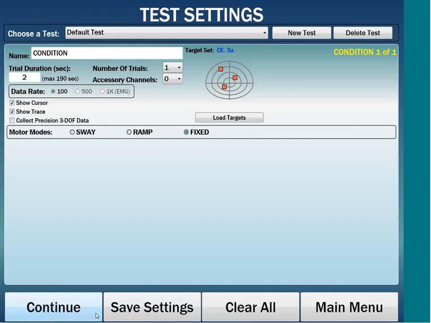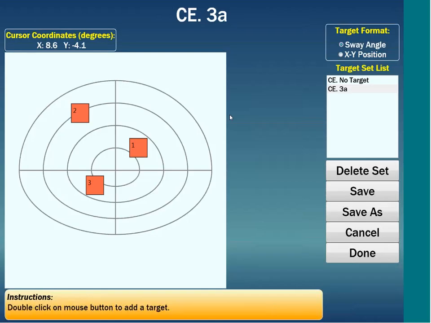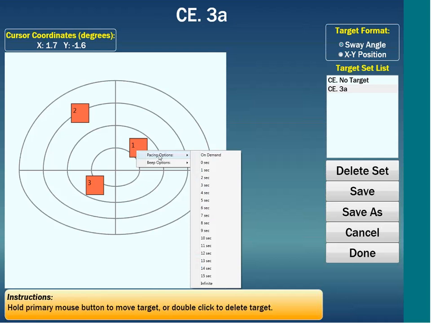So the data software allows creation of targets for use in sway modes and in fixed modes. The targets can be sized and positioned anywhere, and they can be configured to express pacing and beep conditions. So for example, I have created 3 targets. If I right-click on the target, I am presented with pacing options, which are